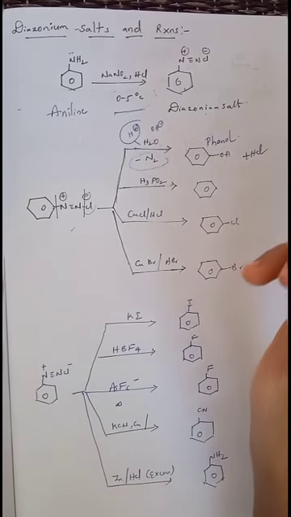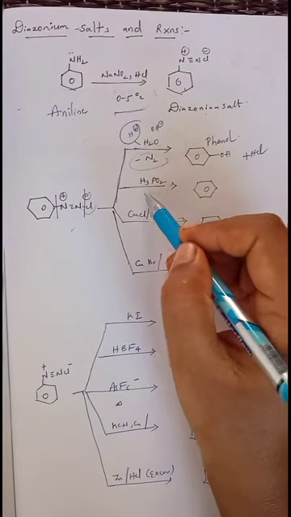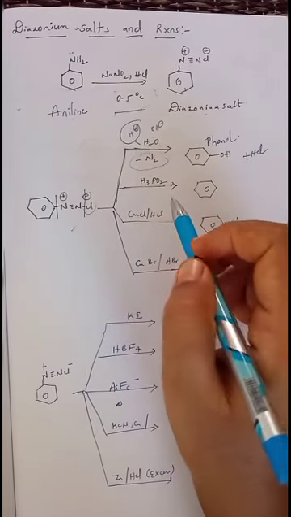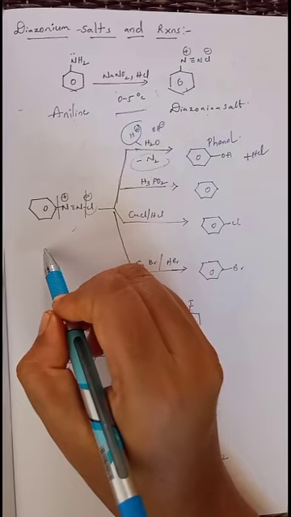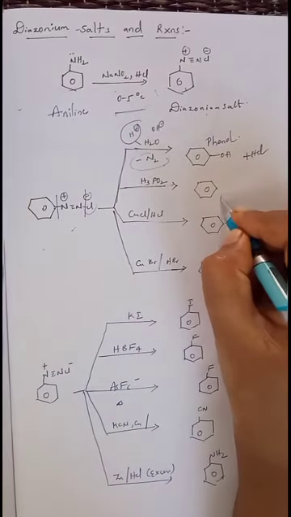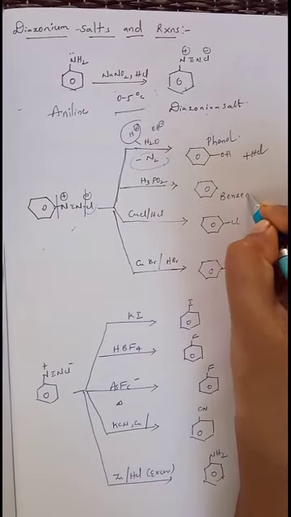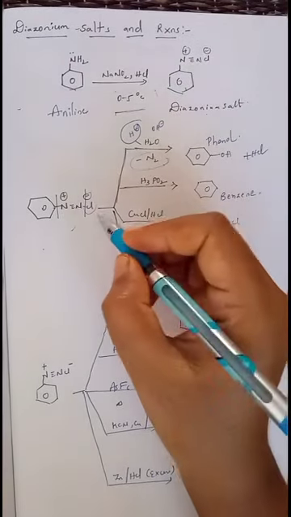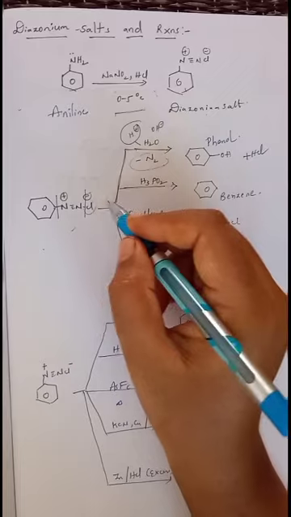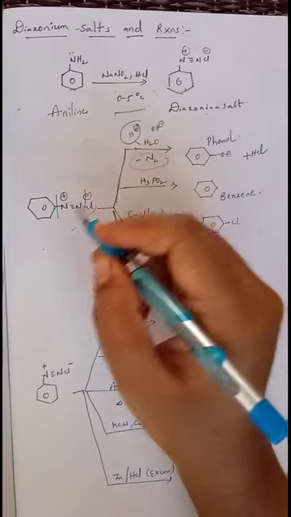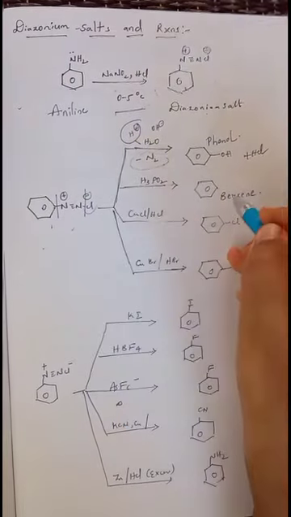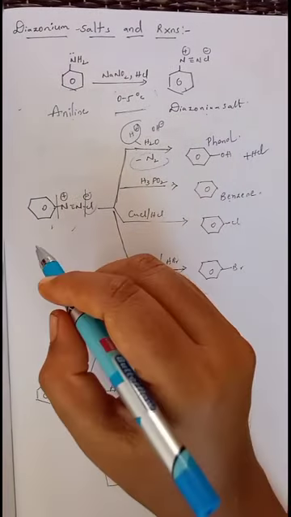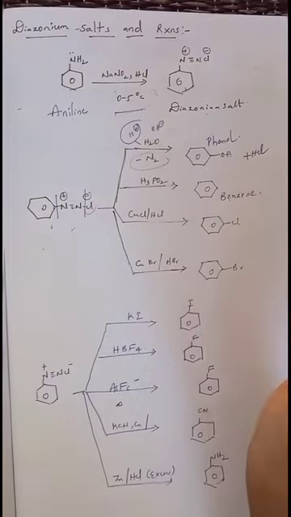Now the next one, that is reaction with H3PO2. Whenever reaction with H3PO2 takes place, immediately this diazonium salt is completely converted into benzene. This H3PO2 can separate N2 as well as Cl in the form of HCl, and adding one more hydrogen to the phenyl group, it is converted into benzene. That is the reaction of diazonium salt in presence of H3PO2.